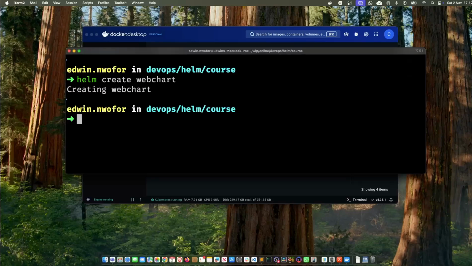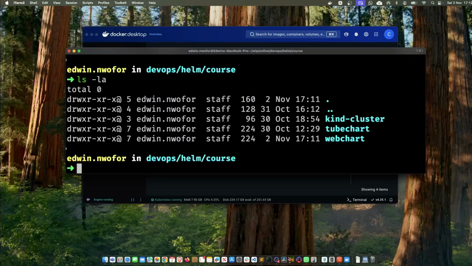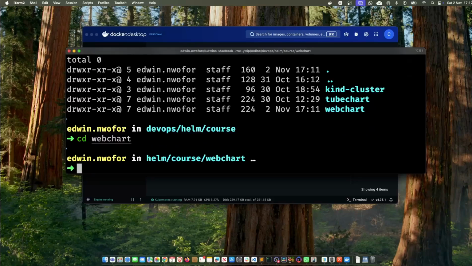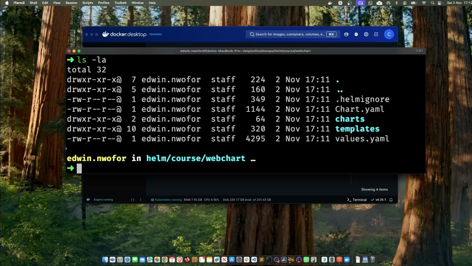Well, now that it's created, I can actually just list out all the directories. You can see that we have the web chart there because it does create the directory as well for you. Let's get into that. So I'll just go into web chart, press enter, get into this. Then I can just say, actually, we can just do ls -la, but it won't show us every single thing within